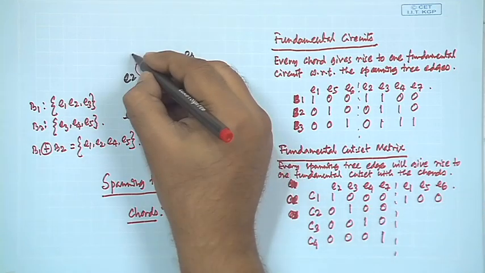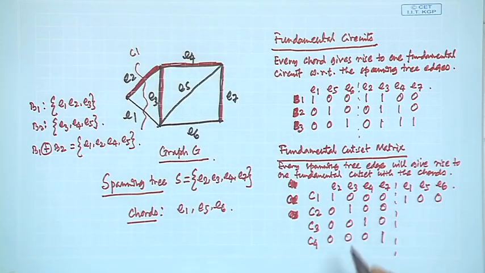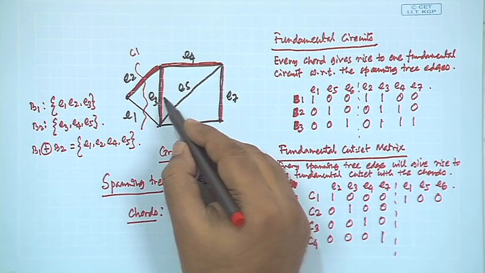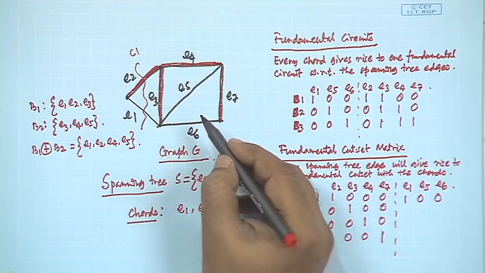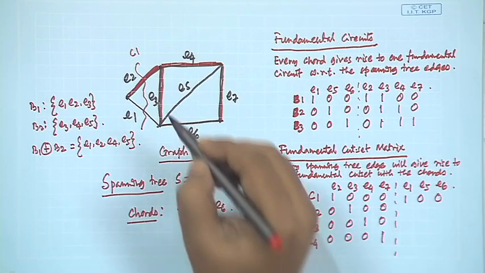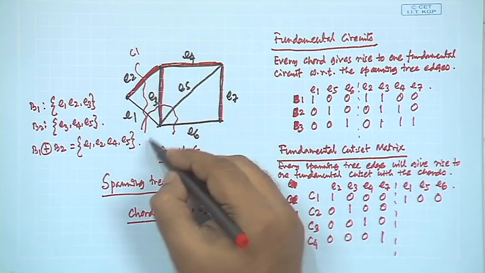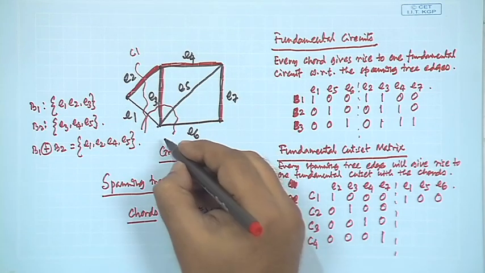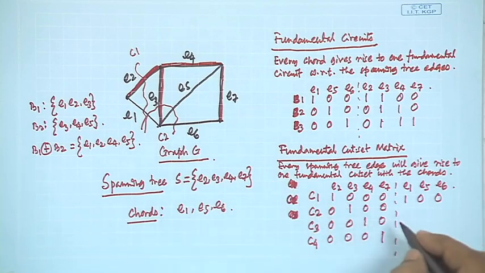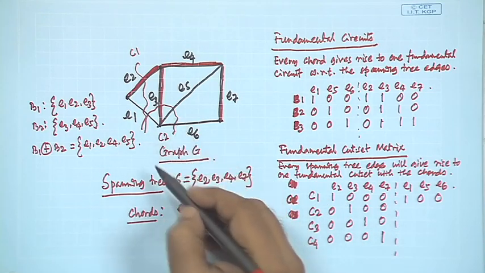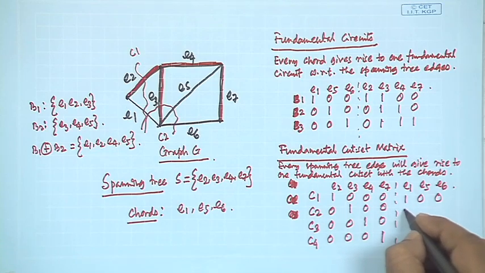So, this is fundamental cut set 1. Now, if you take E3, only E3, then you can take only chords, mind you. So, which chords will you take? Only this, because you cannot take another spanning tree edge. So, all the 3 chords you can take, and that will be your C2. So, you have taken E1, E5, E6, all of them,